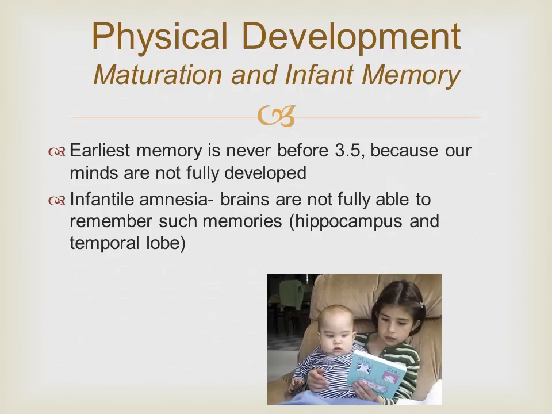Maturation and infant memory, so why babies can't remember certain things. Thank goodness we don't remember all of our early experiences. The earliest memory is never before what they say, 3.5, because our minds are not fully developed at this point in time. Infantile amnesia: our brains are not fully able to remember such memories, so usually they document experiences of